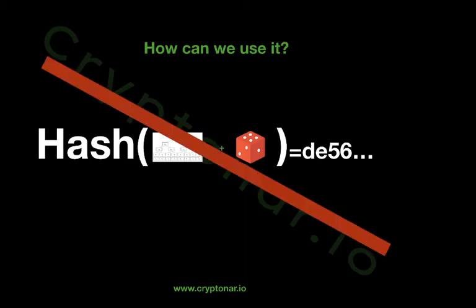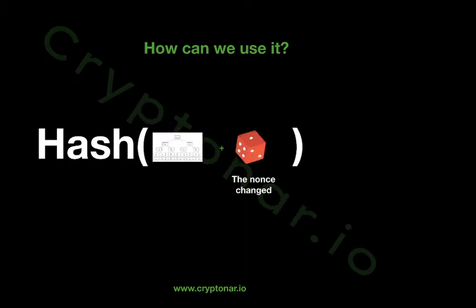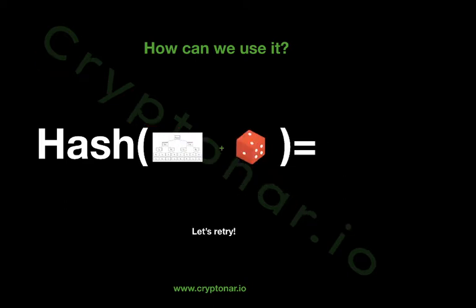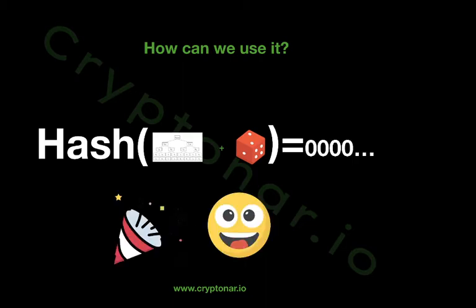We throw the dice another time, and what happens is that we get another hash that is different from the one before, but it still doesn't fulfill our conditions, because it doesn't have the zeros we require, no? So this neither is good. So we try again, we just change the nonce, the Merkle tree stays the same, and oh, we're lucky. We have the amount of zeros that we want at the beginning of the hash.